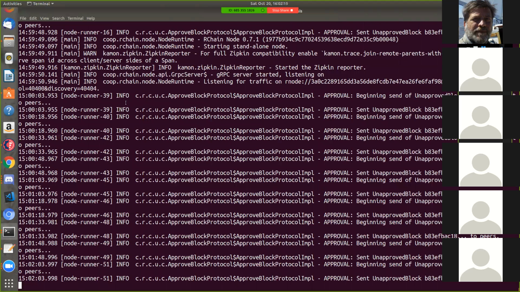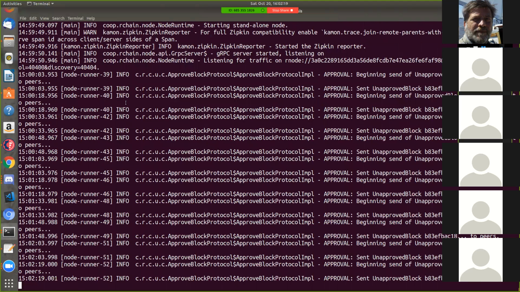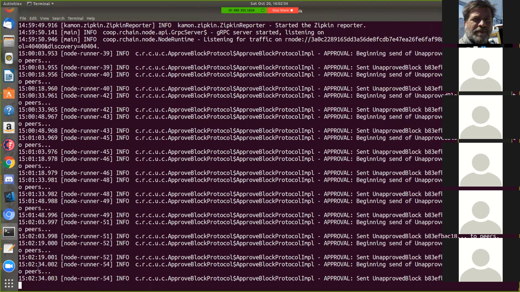Okay. There's a validator private key. So each 15 seconds, it sends the block hoping that someone is going to sign.